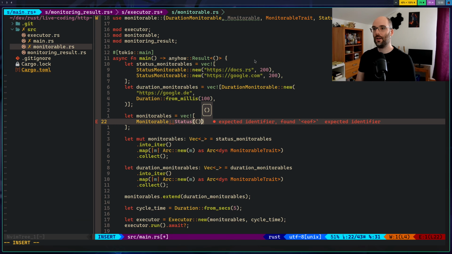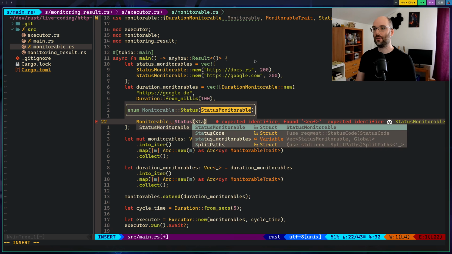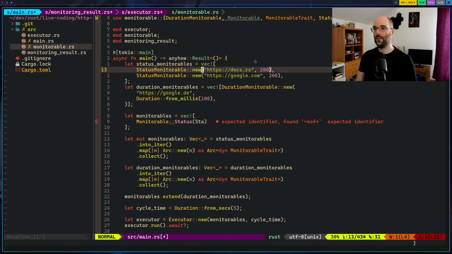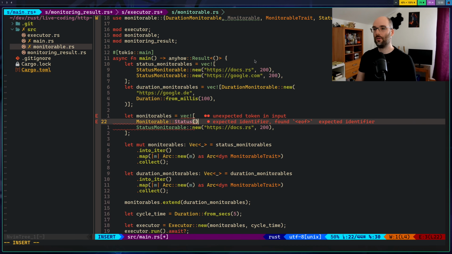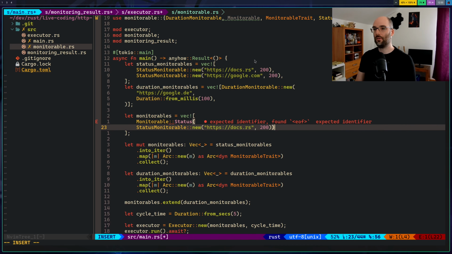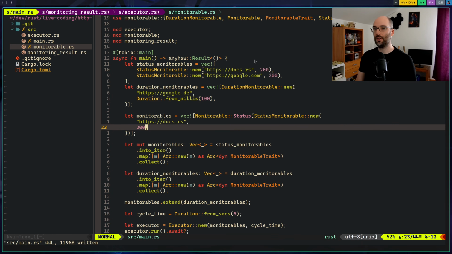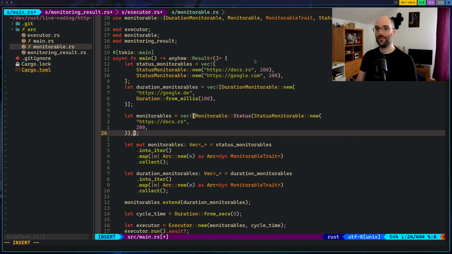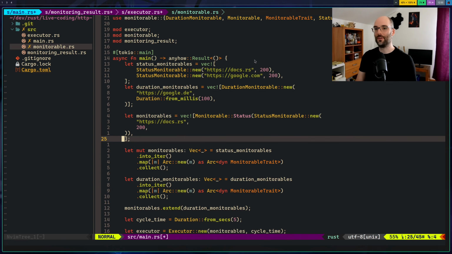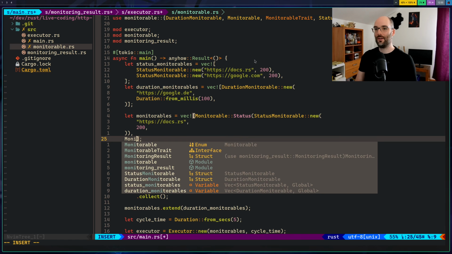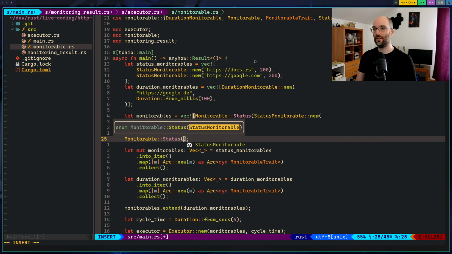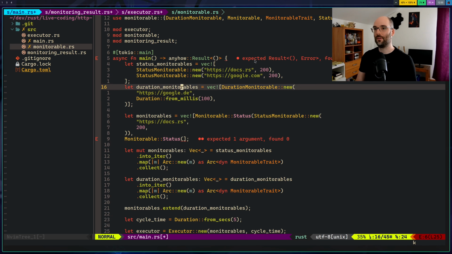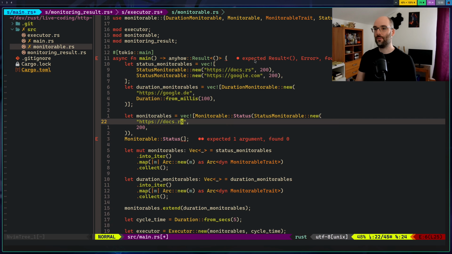Great. We'll do status monitorable. We'll snag that from here. And that should be all right. Okay. It's getting a little bit confused here because I didn't have the autocomplete going for me. And we'll create another status, which is gonna be this one.